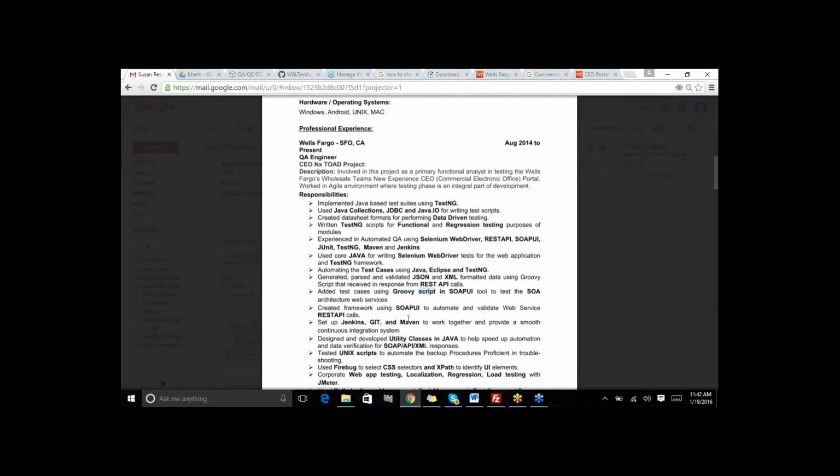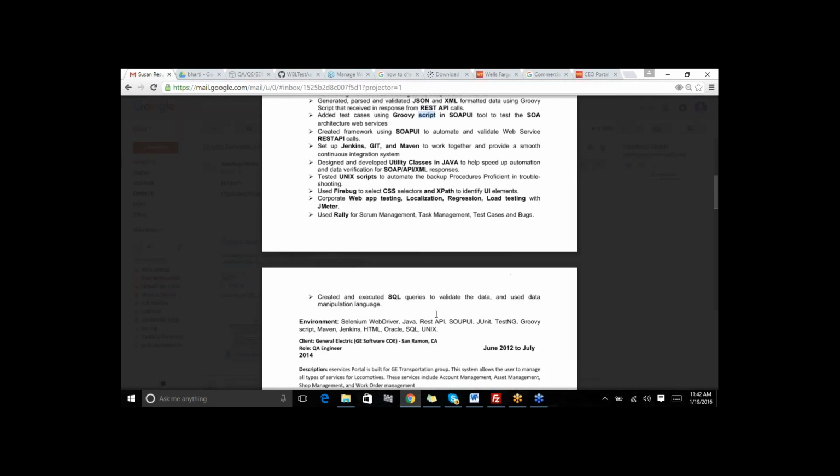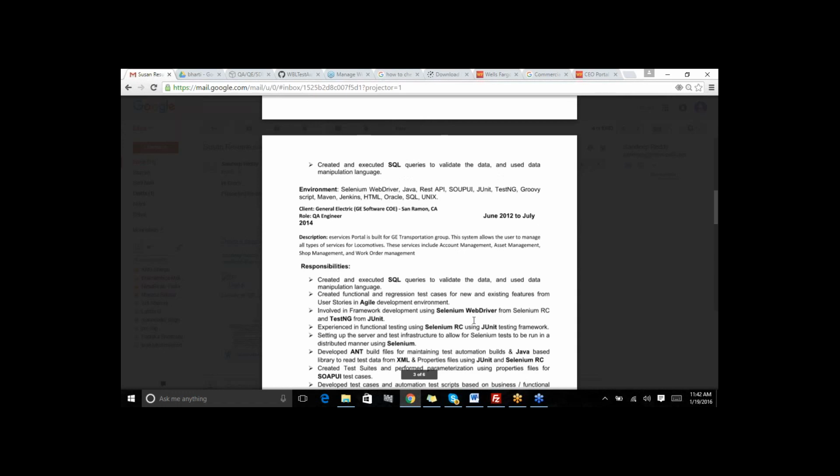Okay. Unless your resume goes for a position that is specifically about SOAP UI, then you do have to have knowledge about GroovyScript. But if it's just a normal profile for your Selenium and all, then you can just go through SOAP. Yeah, because I don't think we did much in GroovyScript, and I also did not learn by myself. Yeah, so you can just have a look going back.